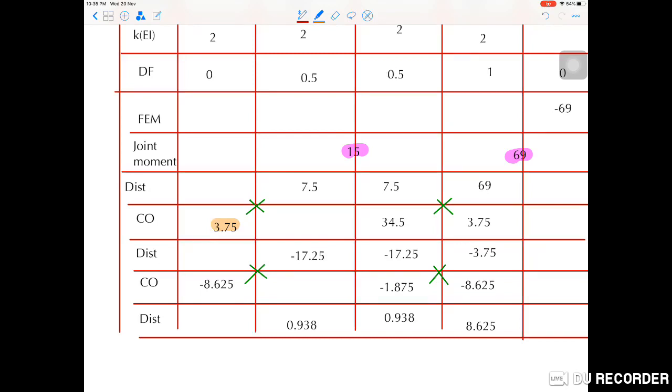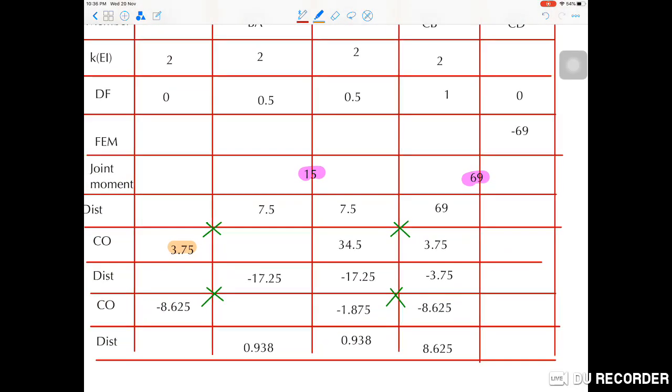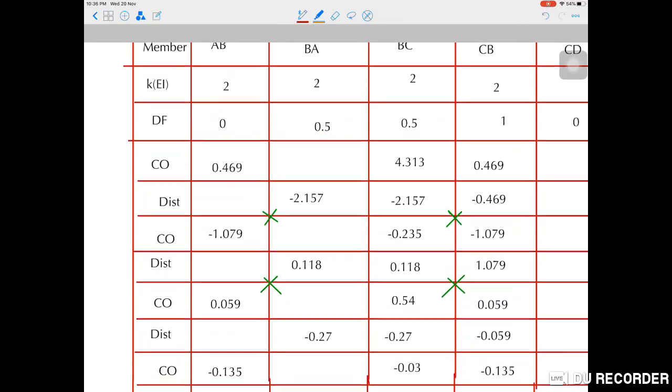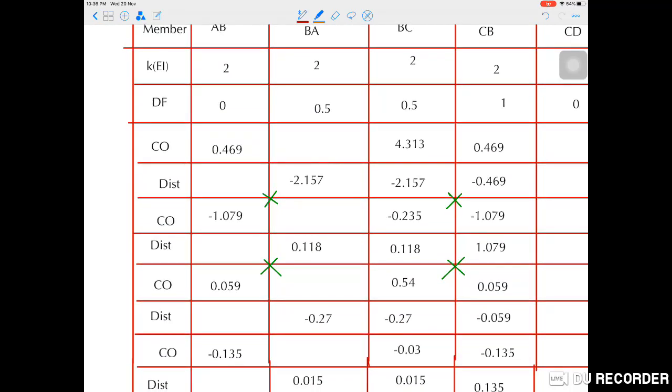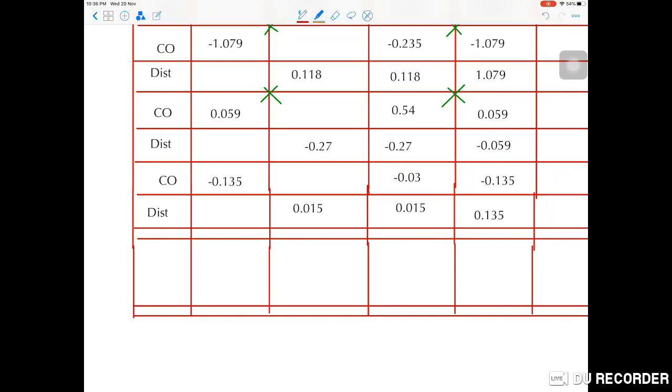For AB, start with 3.75 minus 8.625 plus 0.469 minus 1.079 plus 0.059 minus 0.135. Total is negative 5.5